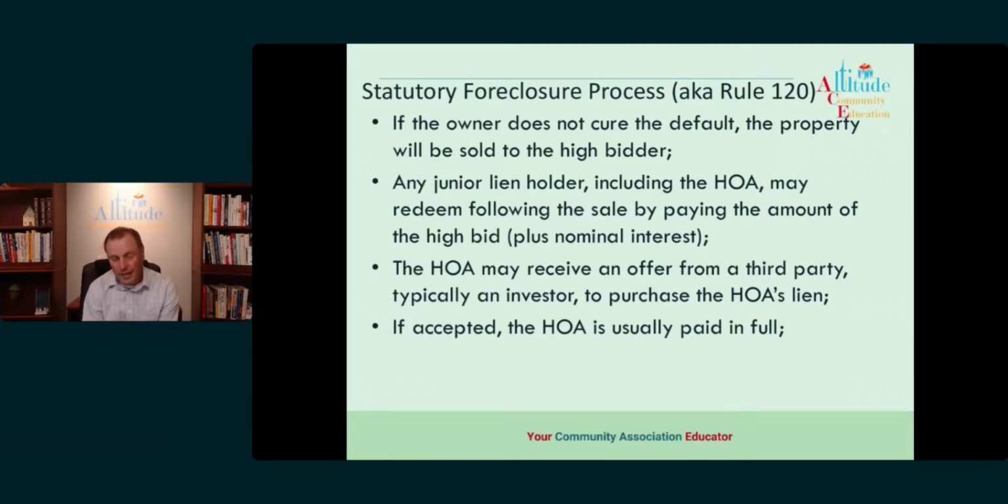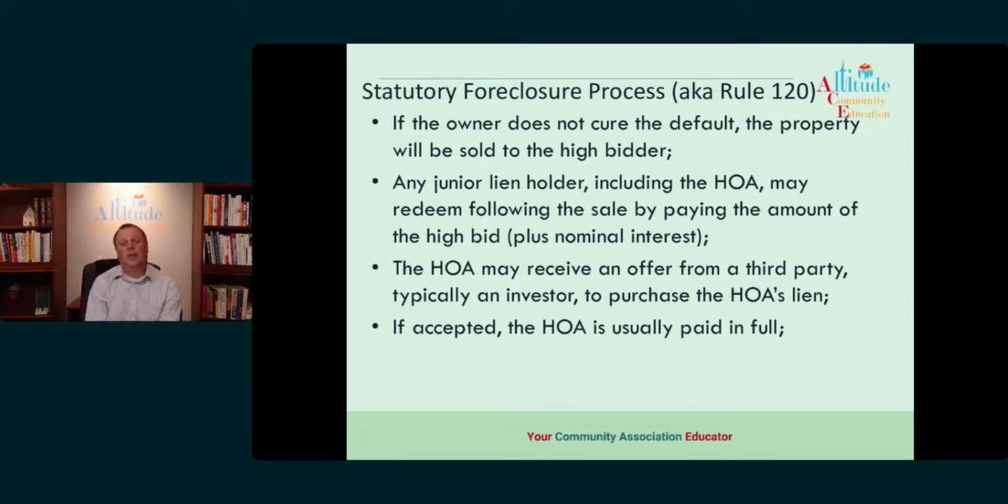It's very uncommon for an association to want to redeem property, but sometimes they do. More likely what's going to happen is the HOA may receive an offer from a third party to sell the junior lien. Investors obviously typically have more cash on hand, so if they can get themselves into the position of a junior lien holder, they then have the ability to redeem the property, and then they can get the property at that price rather than having to go through the bidding process and maybe bid the property up even higher than what they would have paid.